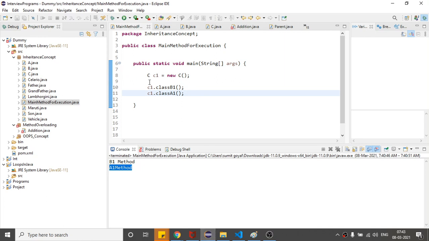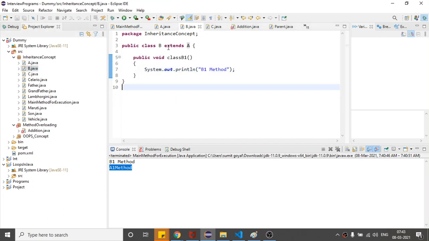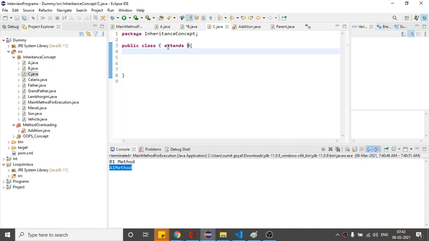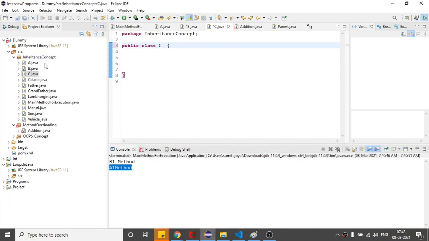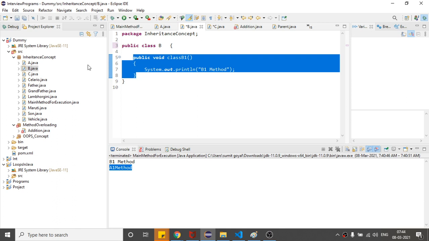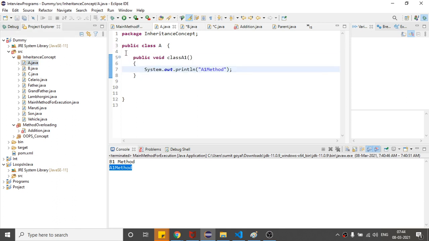Like if I perform the same scenario like this, instead of this one, suppose if I remove extends here, so if you see the diagram, class C extending A and B, so here I will say this is class B1 method and this is class A1, right?